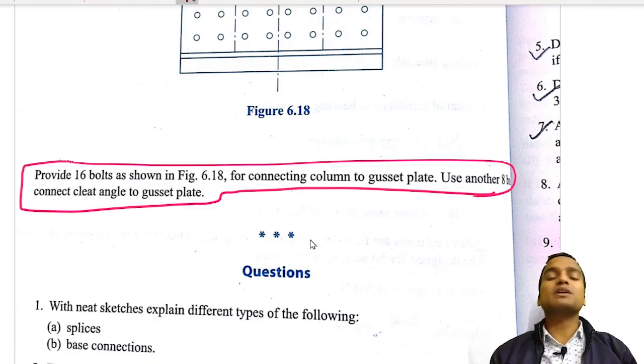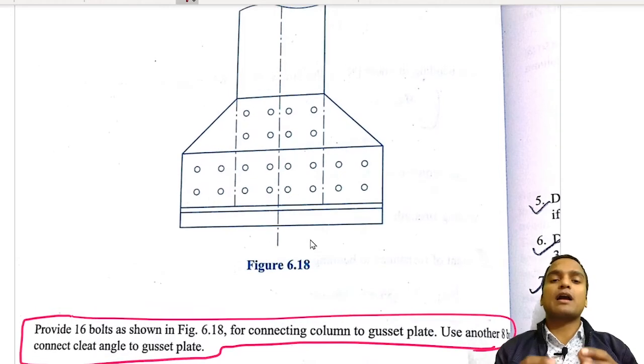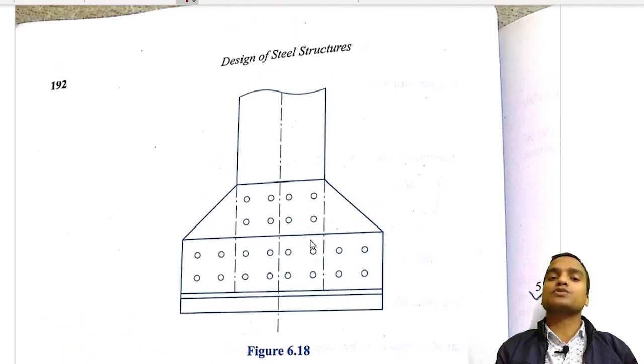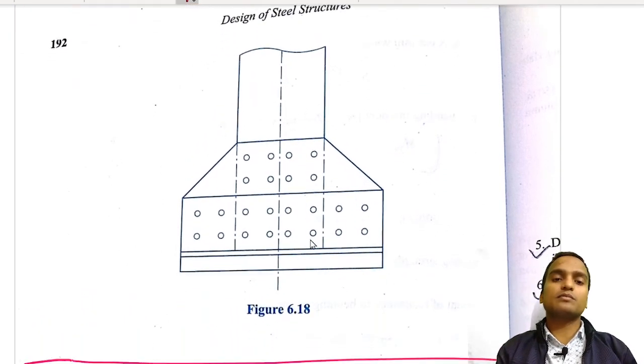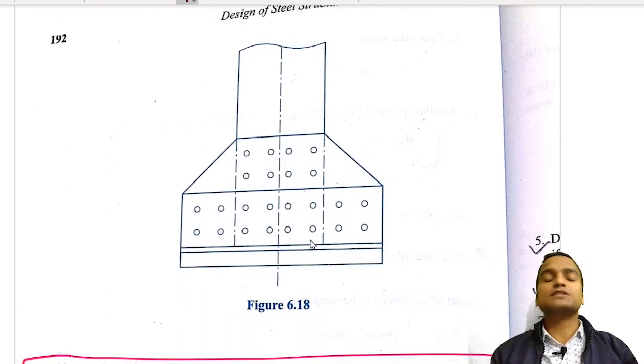So this is basically done after you have got much experience in the design of bases like this. Generally this type of question is not asked, as it involves a lot of assumptions and experience also. So this is how we deal with compression members, and we have discussed everything related to compression members. And mostly the syllabus of GATE is also limited to the design of compression members, and a little bit is asked from the design of beams basically, which we will be discussing in the coming videos also.